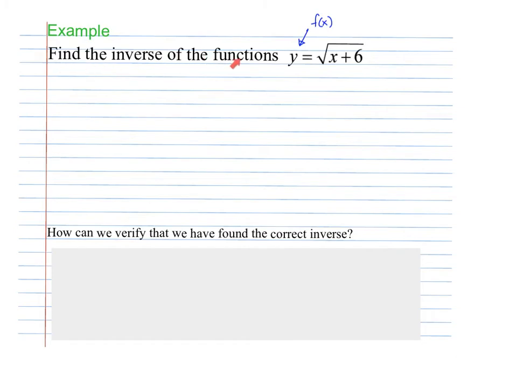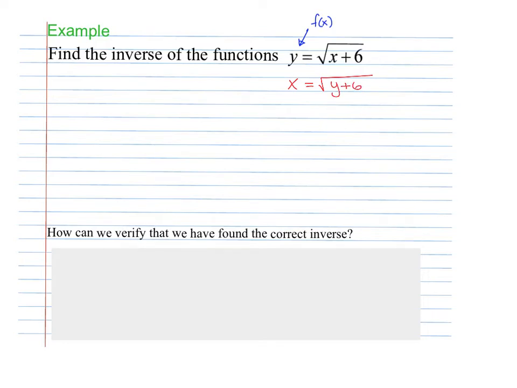So to find the inverse of the function, either if it's a y or f of x, you're going to interchange these two. If this is an f of x, you're going to first change it to a y, and then you're going to interchange your y and x. So now your y becomes an x, and your x becomes a y, and you're going to solve for your